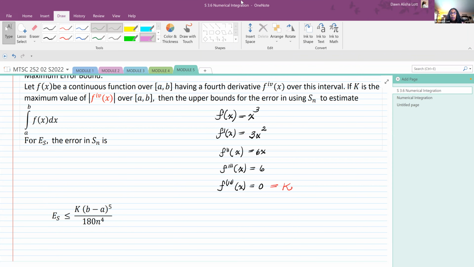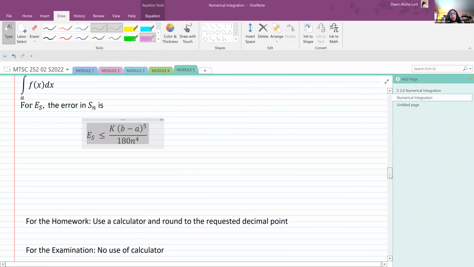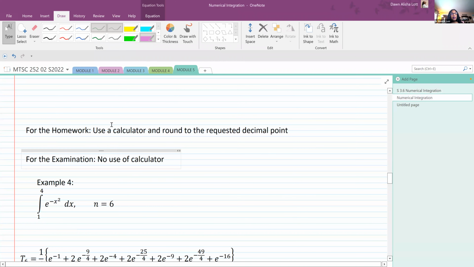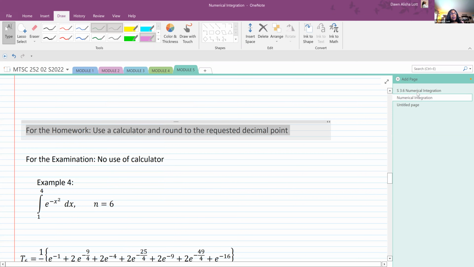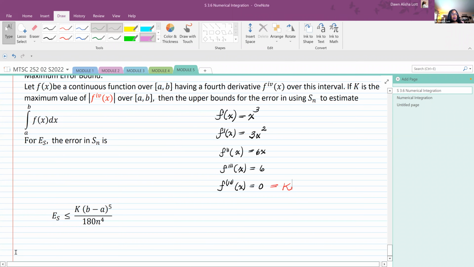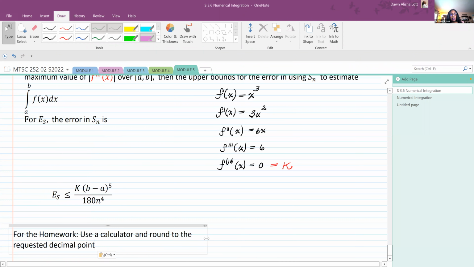Okay, so I'm going to pause for a moment and take roll. So students usually ask me, Dr. Lott, what are we supposed to do with this on our homework and a test? Okay, so here's the thing. On the homework, they're going to ask you something like,